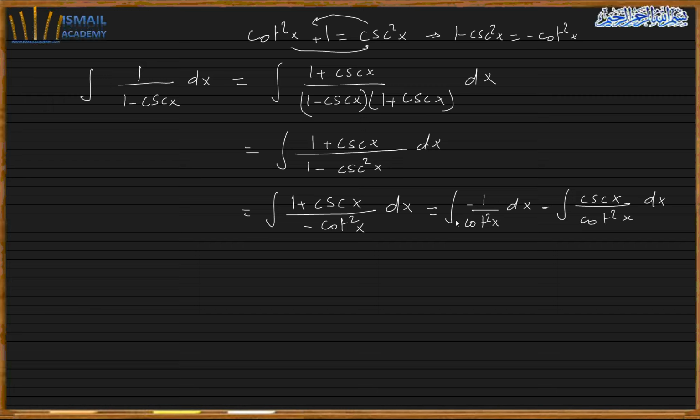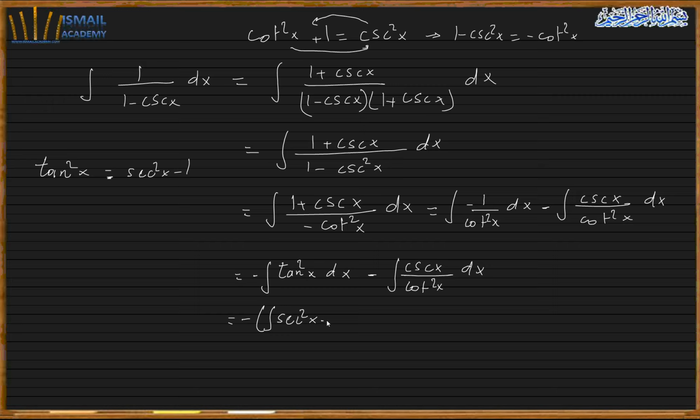So 1 over cotangent is tangent, so it's going to be minus tangent square x dx minus the integral of cosecant x over cotangent x dx. So we know that tangent square x is secant square x minus 1, so this will be minus, parentheses, the integral of secant square x minus 1 dx